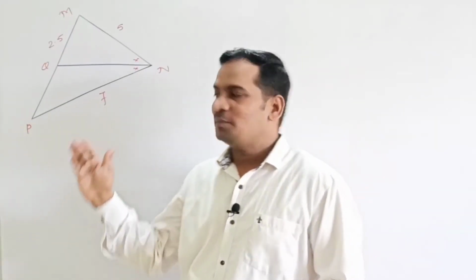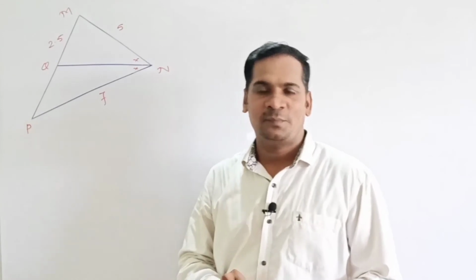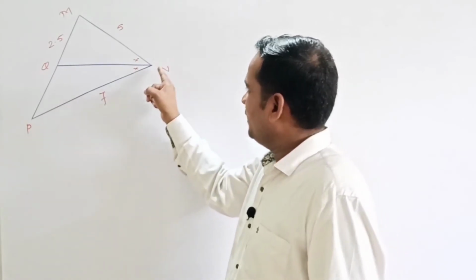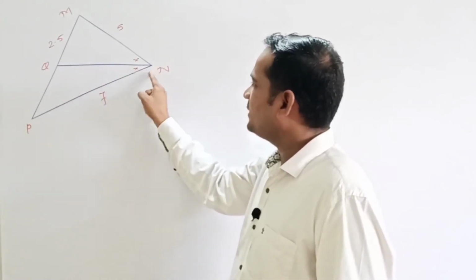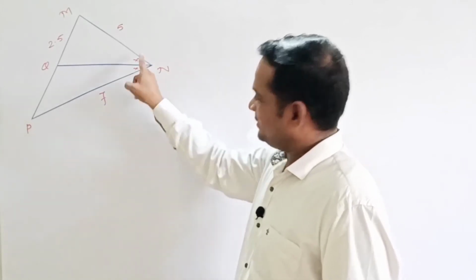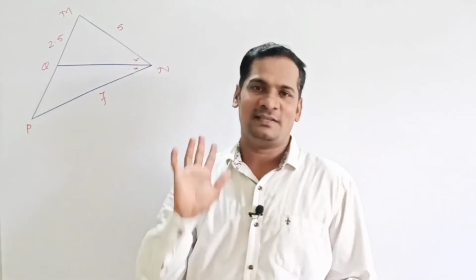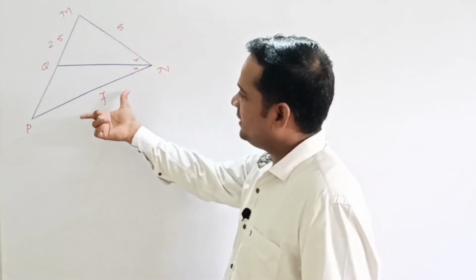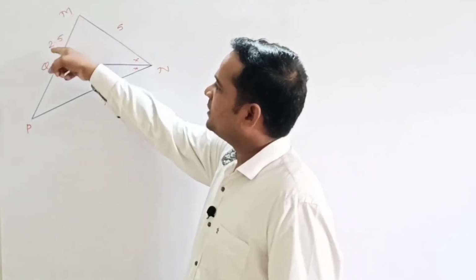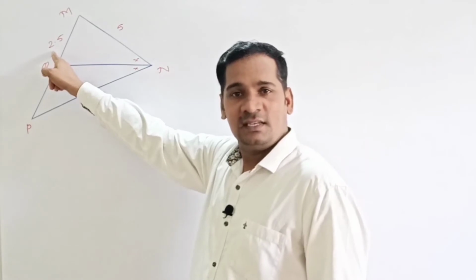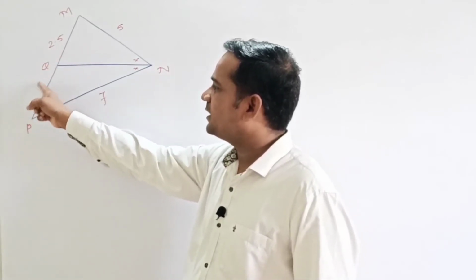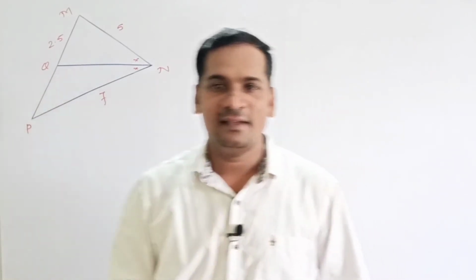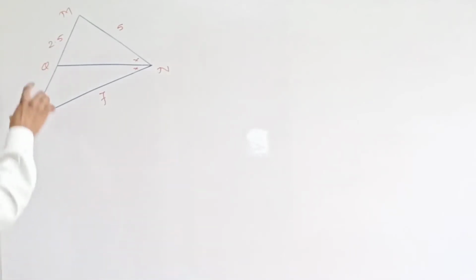So let's discuss question number 3 from practice set number 1.2. Now what is the question? In a triangle MNP, ray NQ is the bisector of angle N. If it is a bisector, that means we have to use the angle bisector property here. Now if MN is equal to 5, PN is equal to 7 and MQ is equal to 2.5, then the question is, how much is the length of segment QP. By using the angle bisector property, we can easily find out that QP.